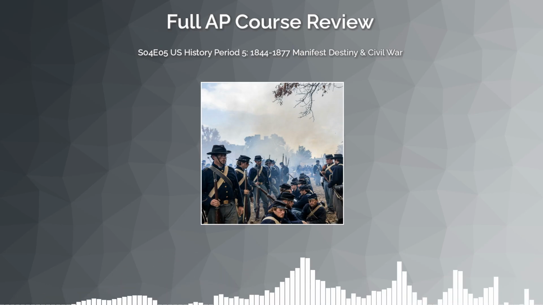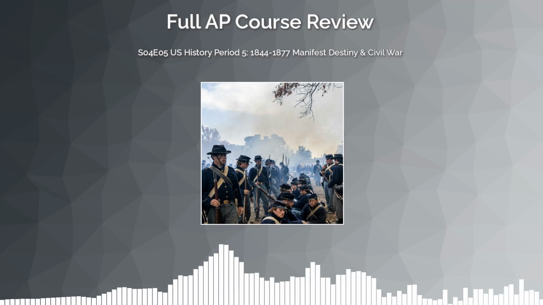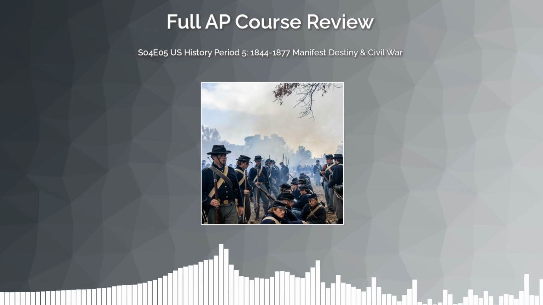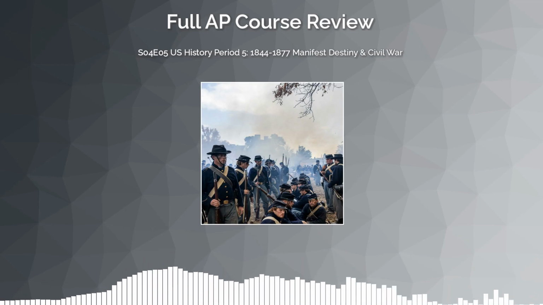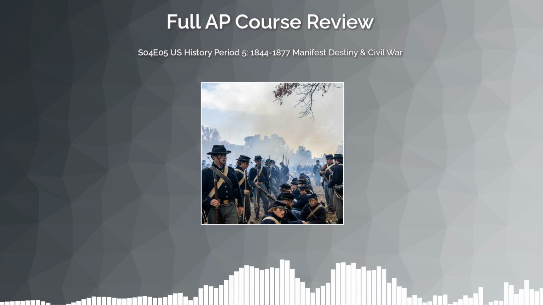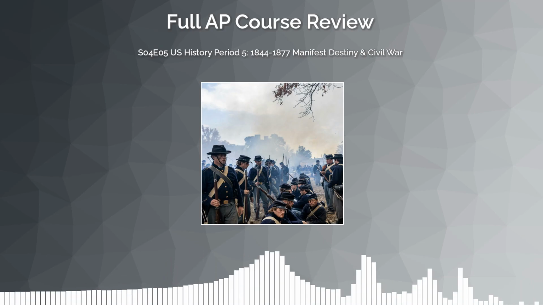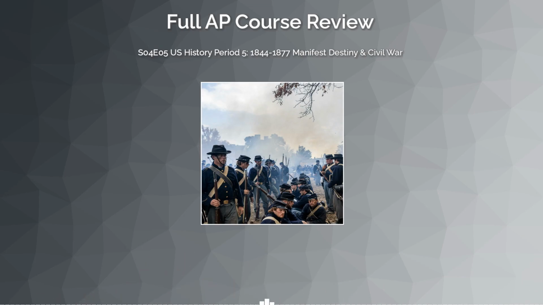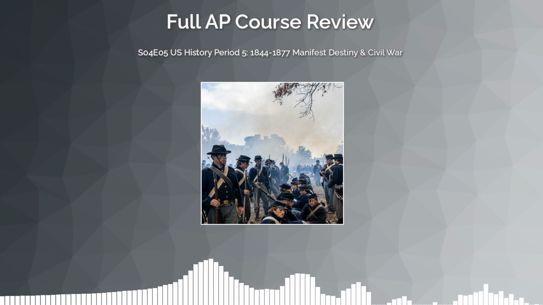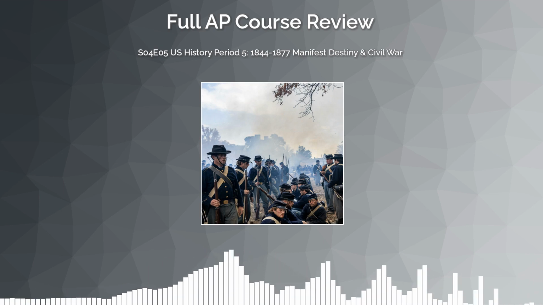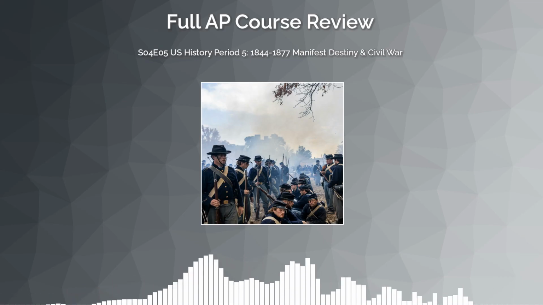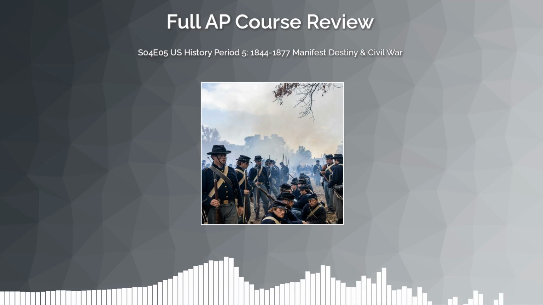All right, let's talk about one of the most dramatic, chaotic, and ultimately transformative stretches in all of American history, Period 5, running from 1844 to 1877. If you think of American history as a novel, this is the chapter where everything that seemed like a slow-building tension finally explodes. And to understand why, you have to understand the world America was sitting in right before this period kicks off. By the 1840s, the United States is essentially a teenager who just hit a growth spurt and has no idea what to do with all that new size.